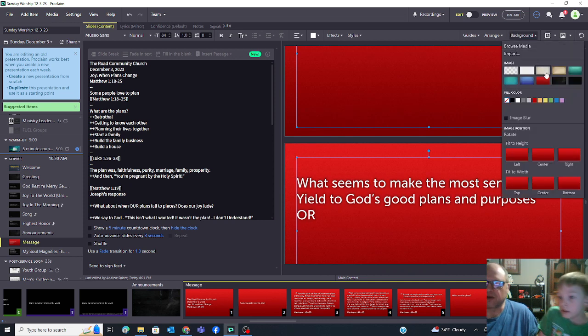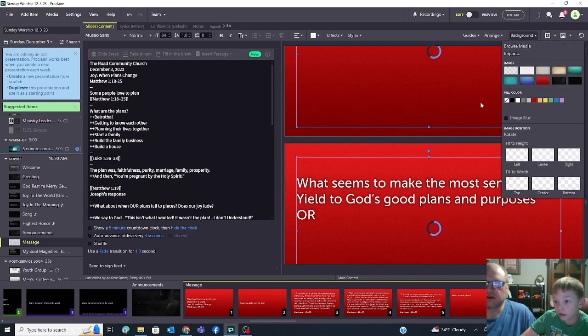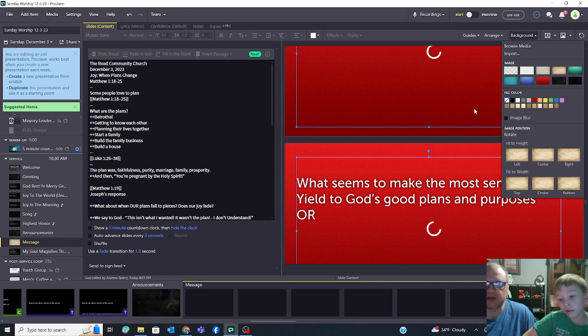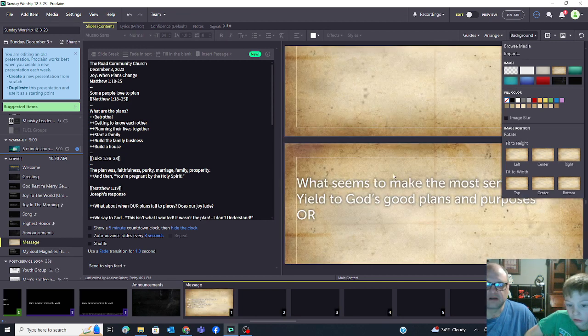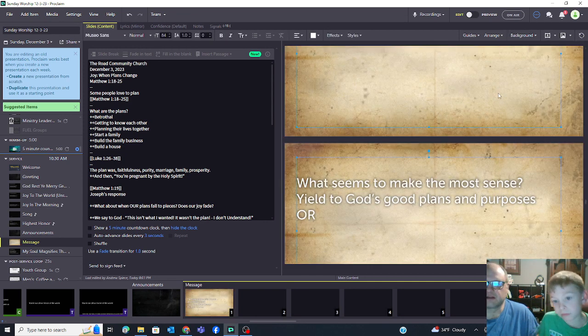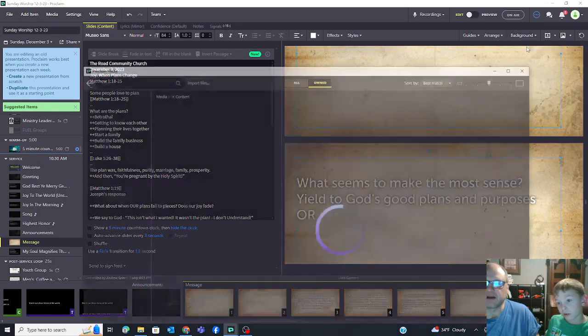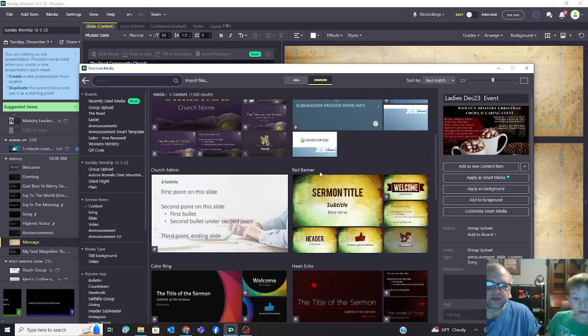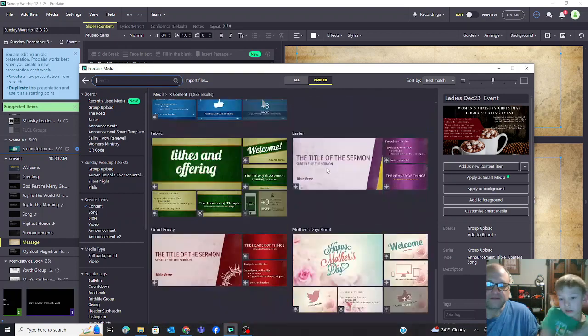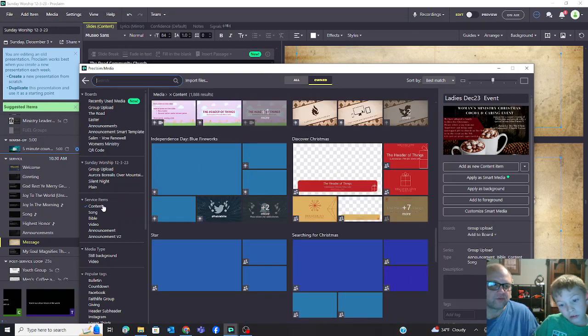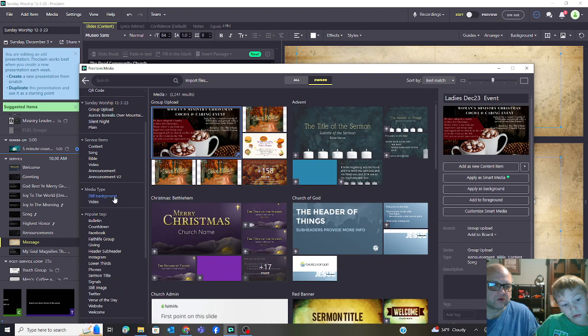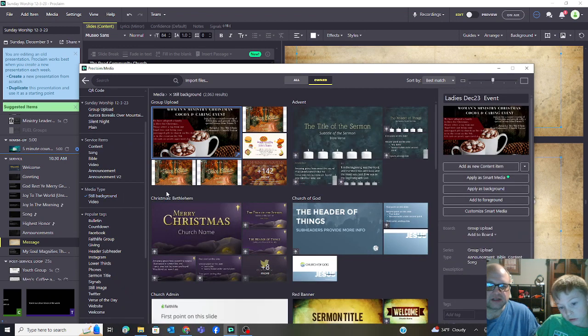You can do background, this one, an image background here. It's got kind of an old feel to it. Or you can bring in, browse for media, and find an image that's kind of blank that you can use for some backgrounds. So let's go here, still background, see if there's anything in here.